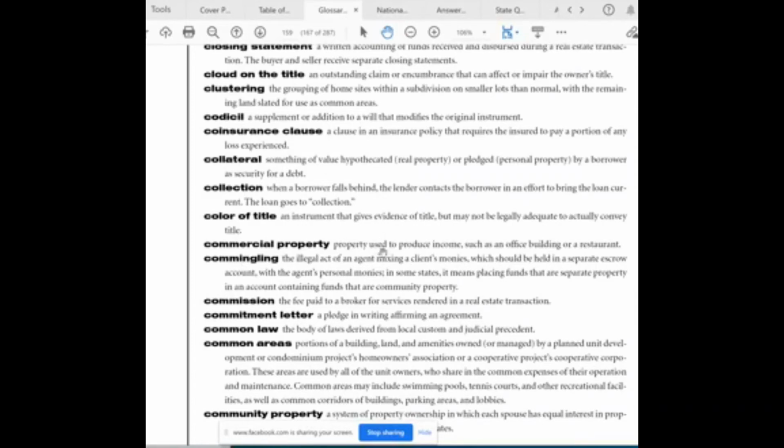Commercial property. Property used to produce income, such as an office building or a restaurant. It can be a multiplex unit, it's a commercial property. Anything that is more than 4 units is considered commercial, right? Because our residential contract, it says what? 1 to 4 family residential contract. 1 to 4. Anything above 4 becomes commercial. So anything that produces income, apartment complexes,